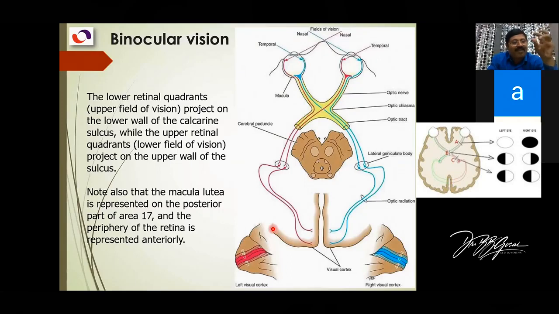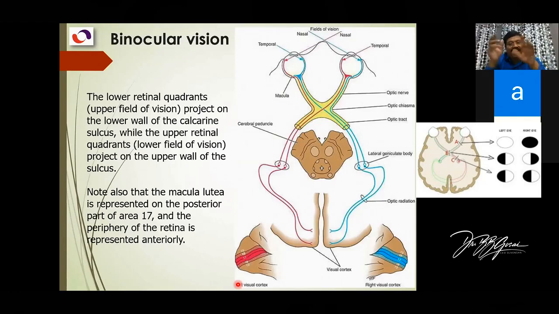Out of them, some are very large and can be seen, like the mammillary body, which you have seen on the base of the brain. The mammillary body is a hypothalamic nucleus. Clear? The geniculate bodies, clear? They are also part of this particular nucleus. There is a pineal gland, which is known as the epithalamus. Okay, so these are the different parts of the thalamus and hypothalamus. And the thalamus and hypothalamus together are known as the diencephalon.